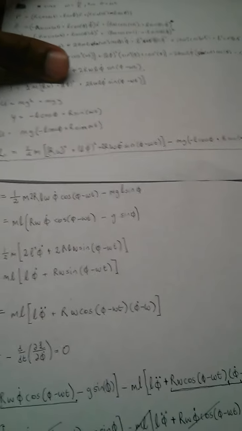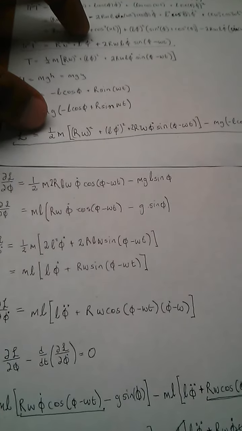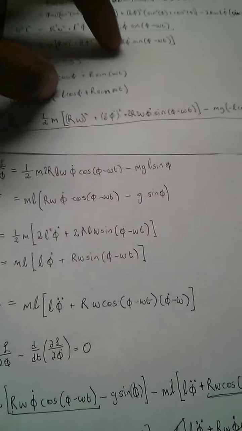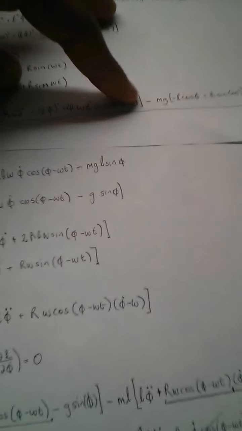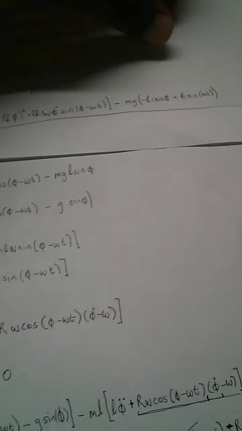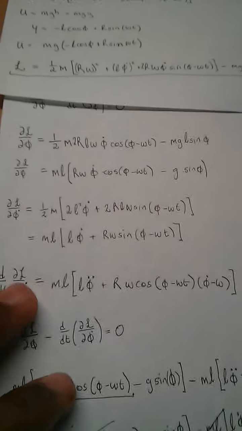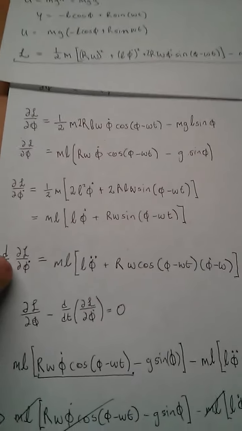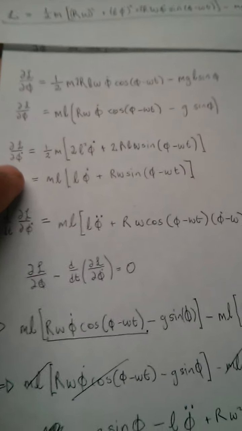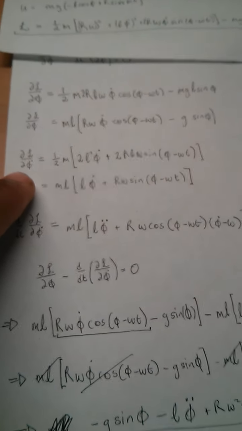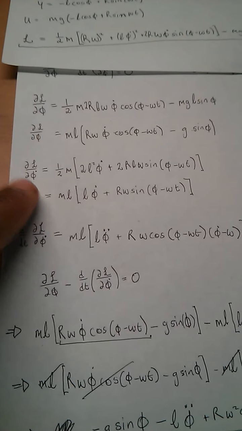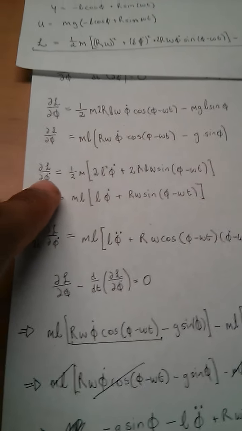So from the Lagrangian, if I were to differentiate with respect to the angle of the pendulum, I just find all the terms that have it. So this term has the angle, and this term has the angle and angle dot. The other terms will just fall off, and that's why I'm left with this final equation over here at the bottom. And to differentiate the Lagrangian in terms of the angular velocity of the pendulum, dotted once,